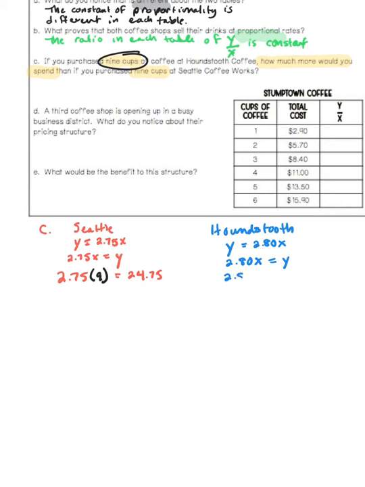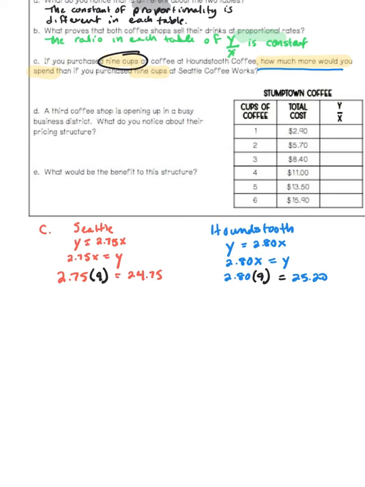So we're going to say $2.80. Once again, we're given 9 cups of coffee. And if we calculate that, it would give us $25.20. So $25.20. But we're not quite finished because the question asks, how much more would you spend at Houndstooth